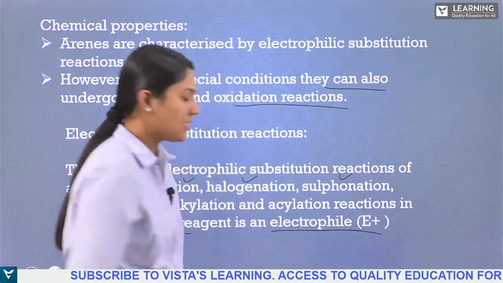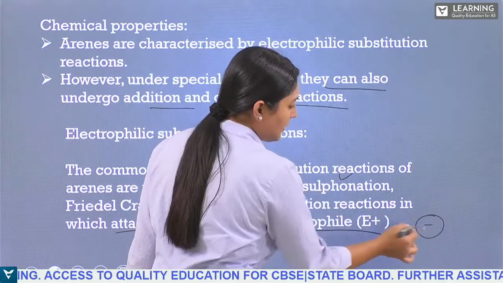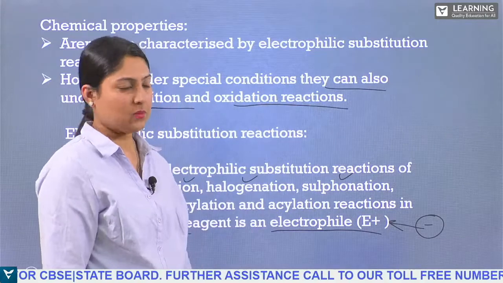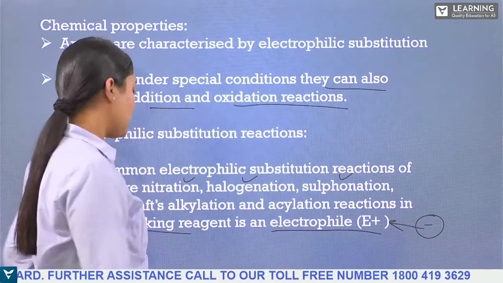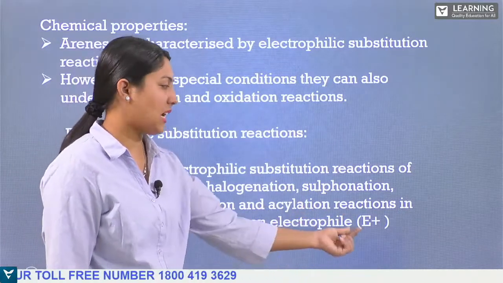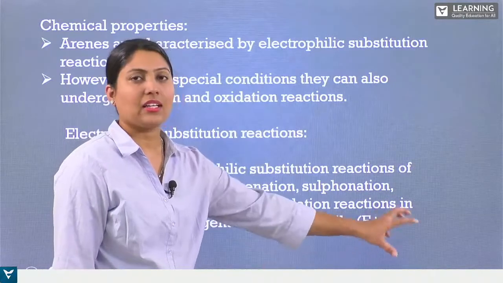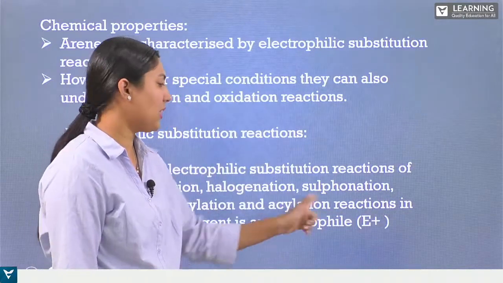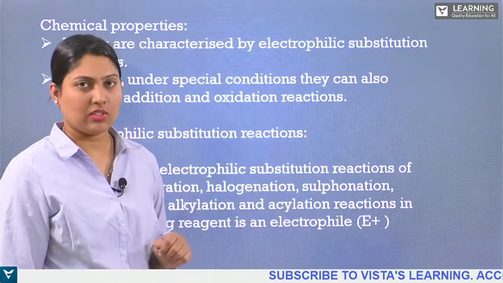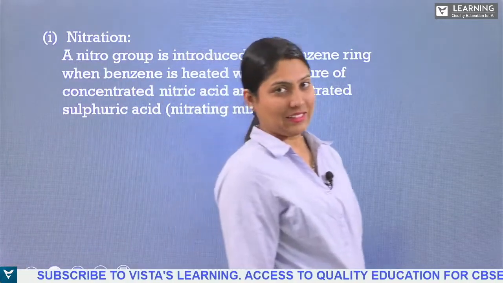As we say, it is an electrophile. If you have a negatively charged particle, this will get attracted soon. It is attracted by the negatively charged particle, so it should be positively charged, and we can represent it as E plus, the electrophile. It is attracting the negative charge. That means if it is attracted by the negative charge, it should be a positively charged particle. So we'll get into nitration.